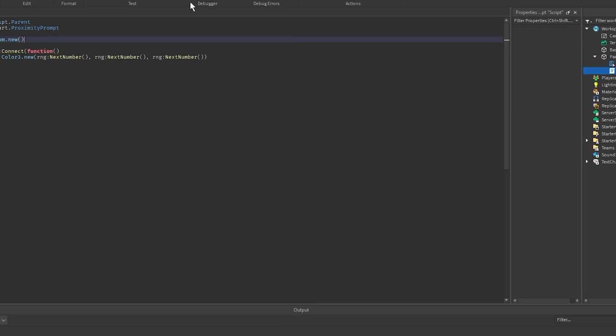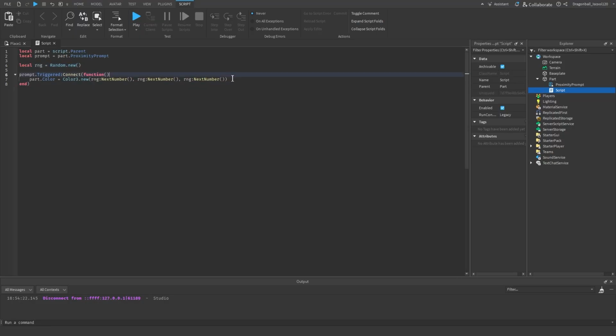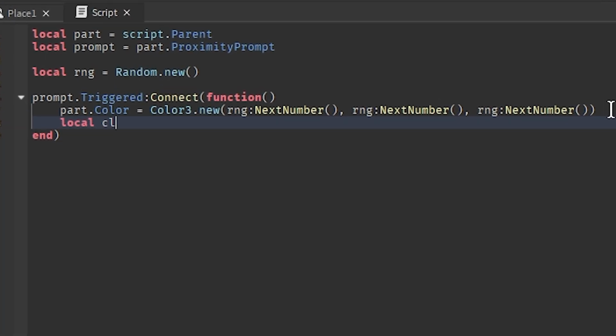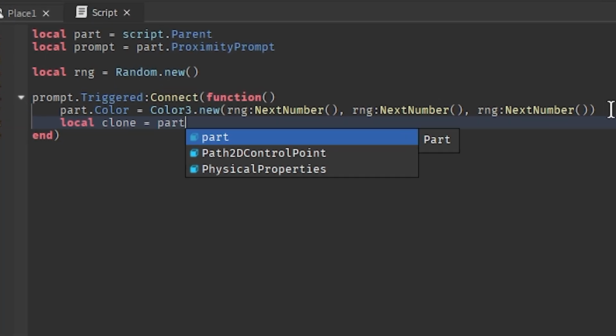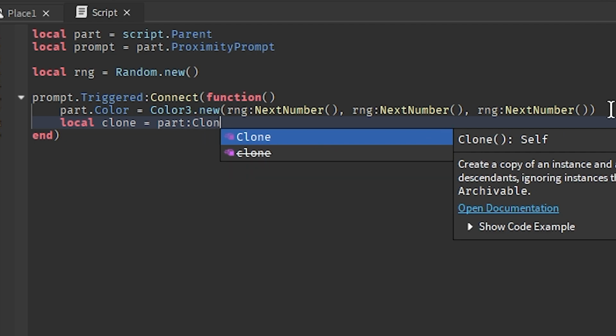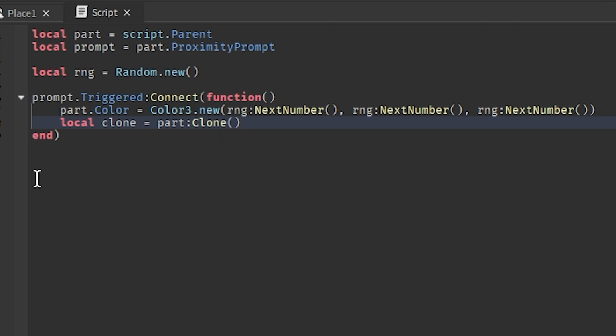So if you want to go further beyond, just for this example, let's make it clone itself, just 4 studs higher. Do local clone, and that'll equal part:Clone, so it's going to duplicate whatever the script.Parent is, aka this part that we have. And then that's not all we have to do. What we'll do next is do